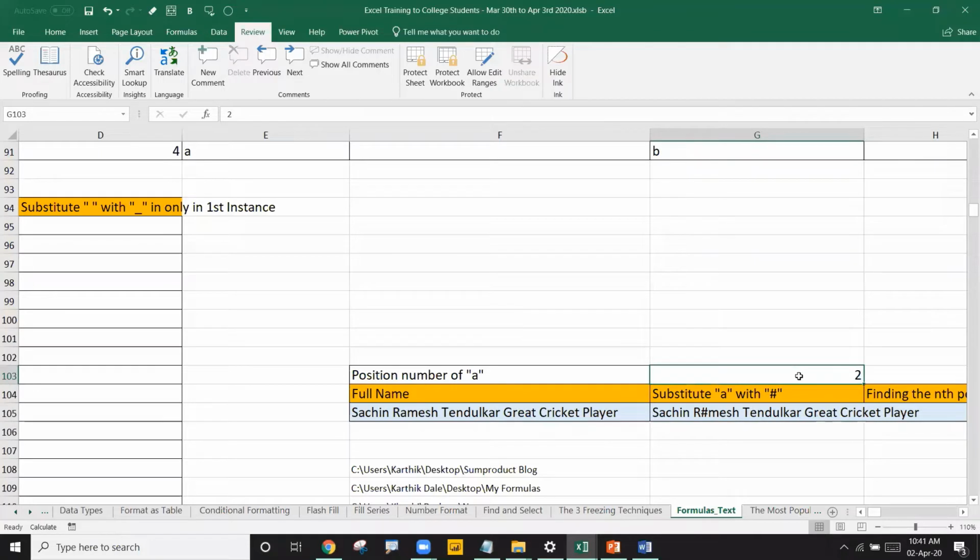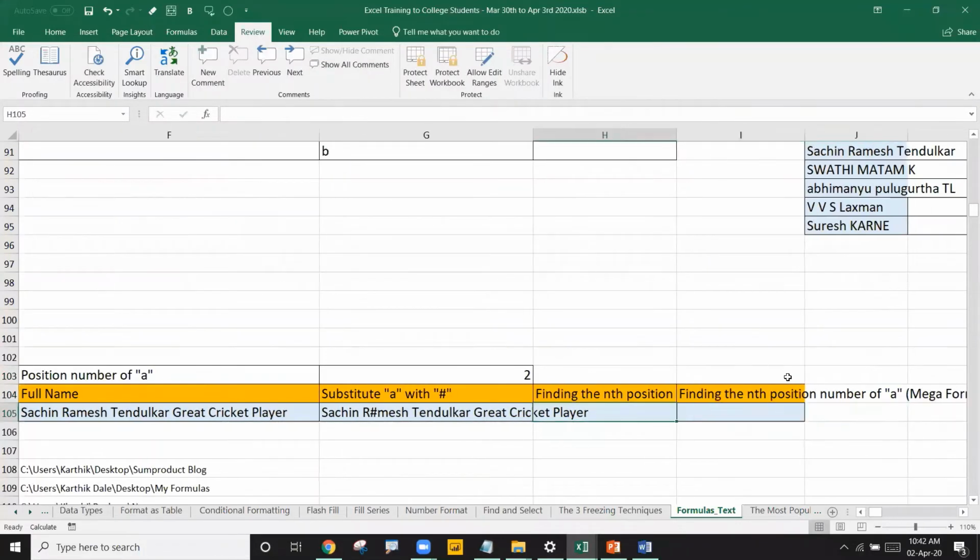If I change it to 1, enter, you see only the first A is replaced with the hash. Is it clear? If I write 3, the third A will be replaced. The third A is here in Tendulkar, and here it is replaced. So let it be 2, enter. Now here,